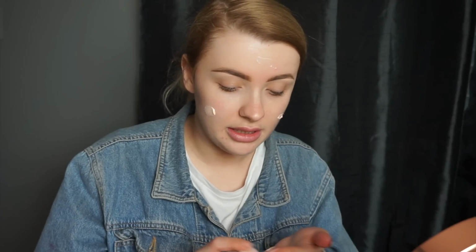Right, so now what I'm going to do is go in with the Fenty Beauty primer. You know I hate primers and stuff. I have tried this before and I didn't really like it, but I like it now. I've tried it a few times afterwards. I don't mind it. It's not my biggest thing that I would reach for, but we're going to use it today. So I'm just going to put a couple of wee dollops of it on the face,